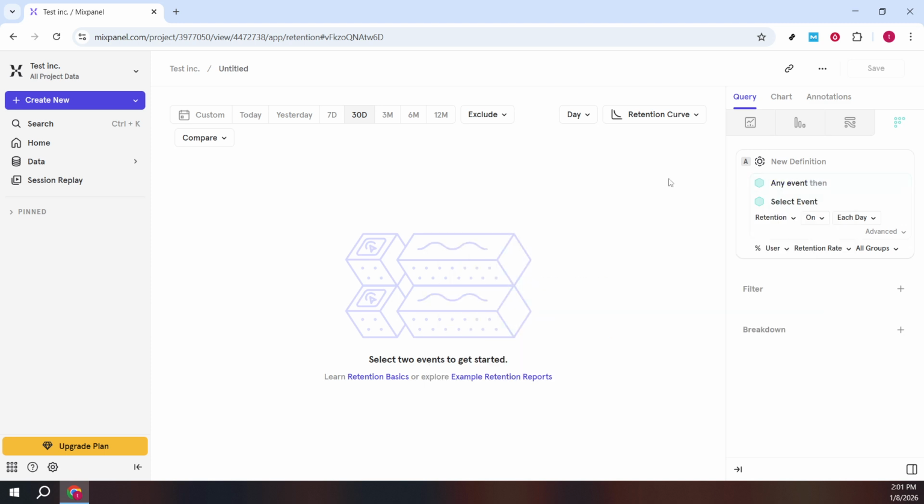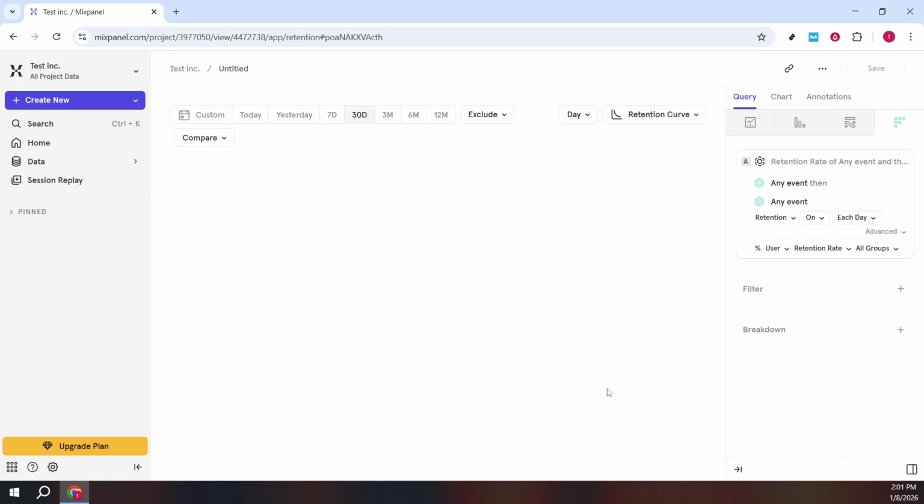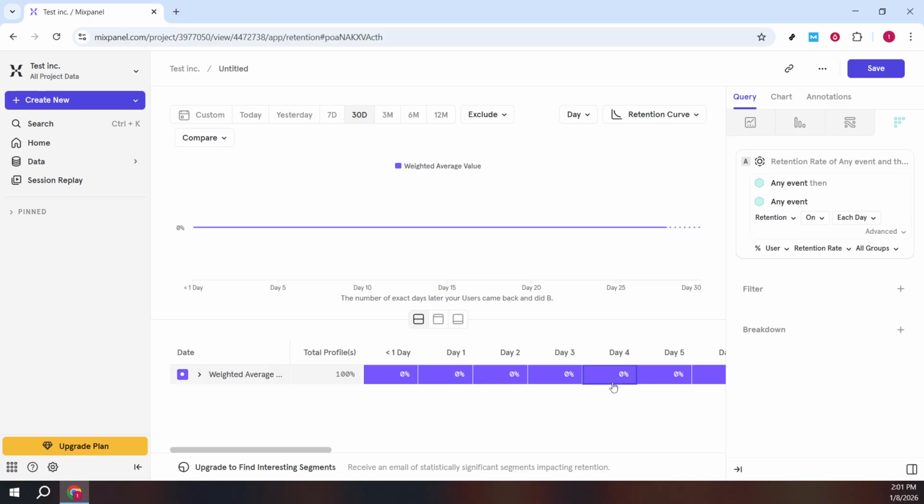Next, you'll select the return event. Click Select Event again and choose the action you want users to come back and do. This can be the same event as the starting one if you're measuring classic end-day retention, or a different event if you want to know whether users return to perform another meaningful action. For example, if your starting event is sign up, your returning event might be start session or create project, depending